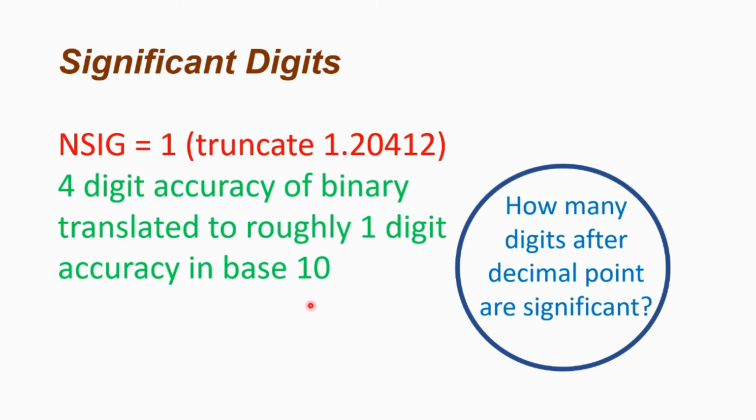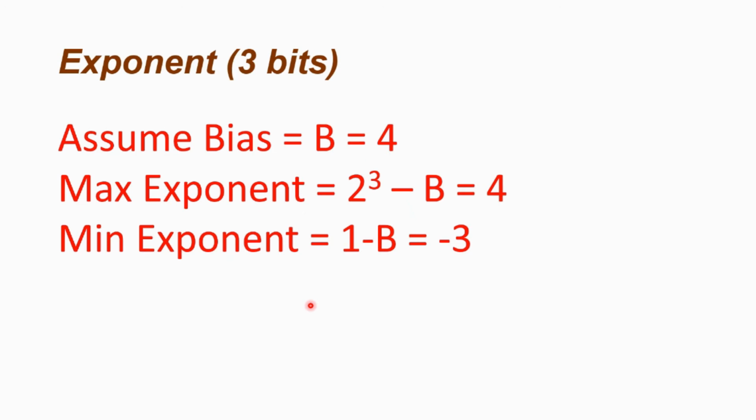Okay, so this answers the question, how many digits after the decimal point are significant? So here the answer is only 1. So now if we assume a bias of B, we get the maximum exponent possible is 4, the minimum exponent is minus 3. Here you will note that if we had used a standard 2's complement